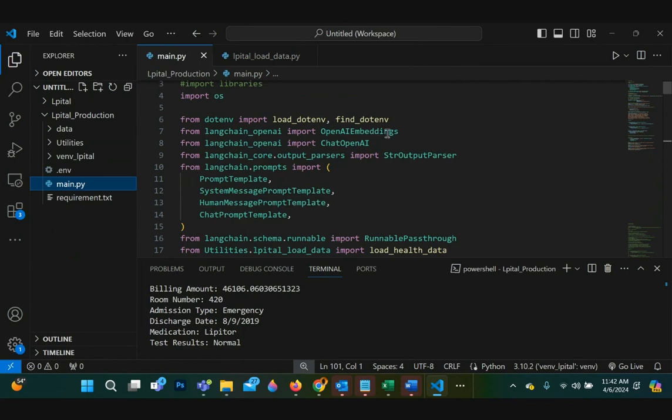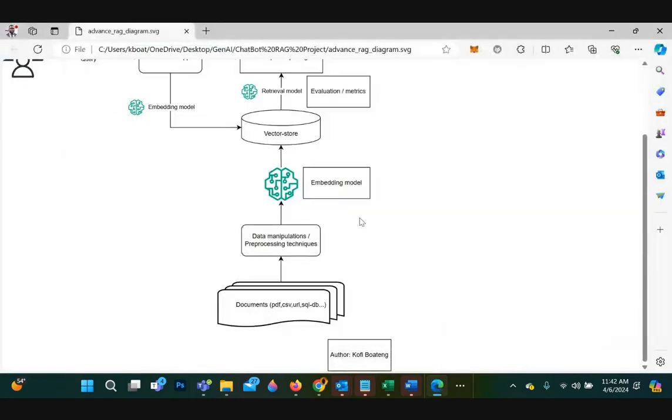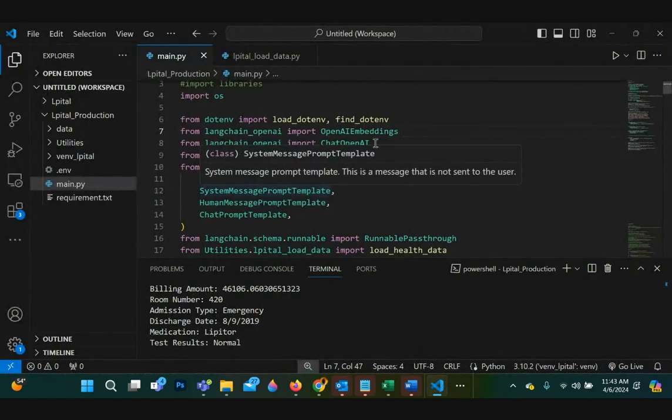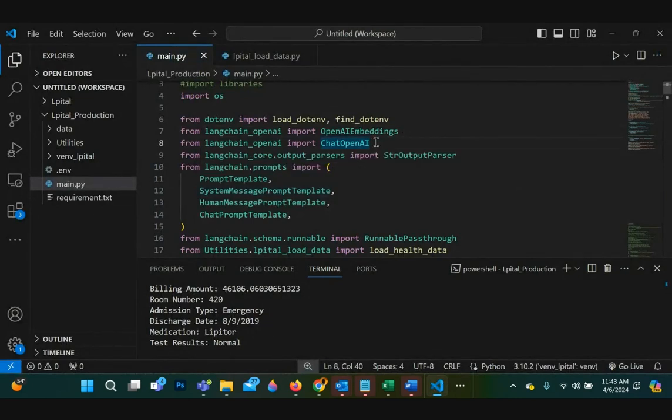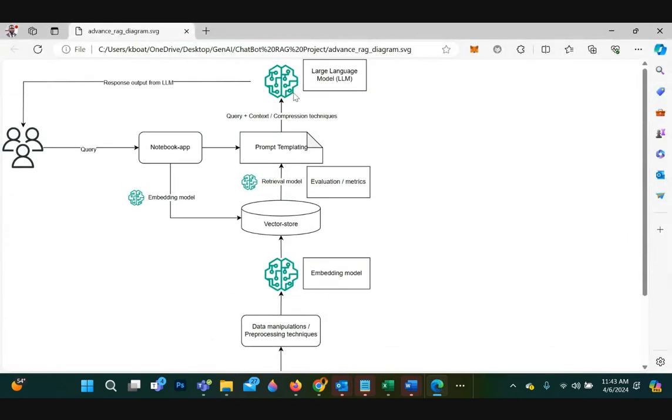We are using the OpenAI embeddings, which is the object that handles this aspect of the RAG. Then we have ChatOpenAI, which is actually the LLM.